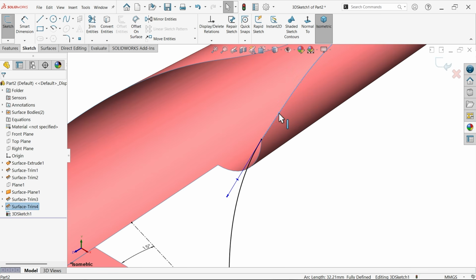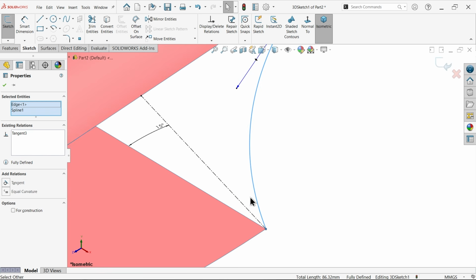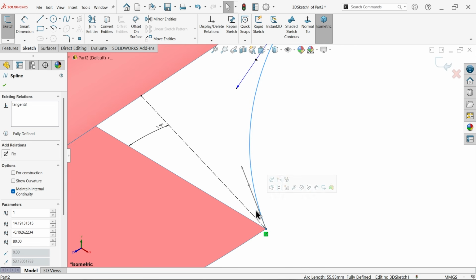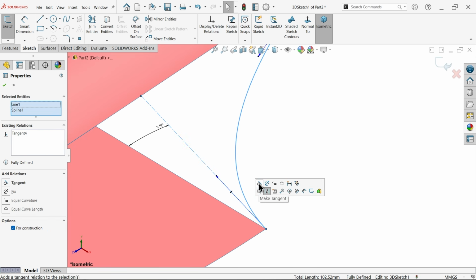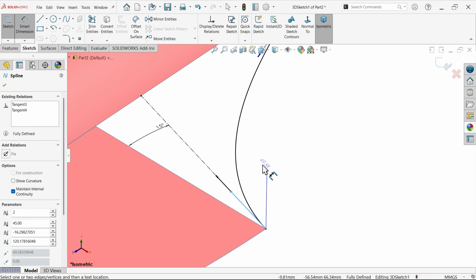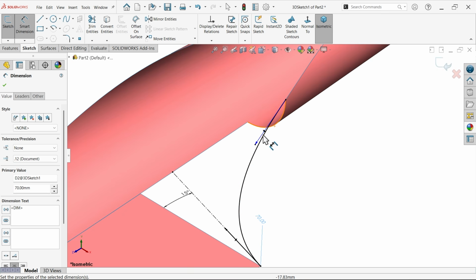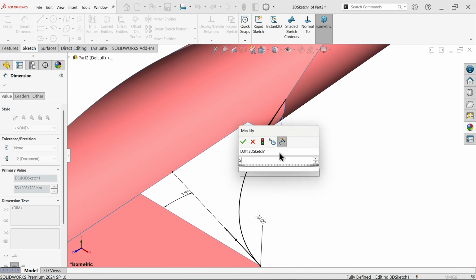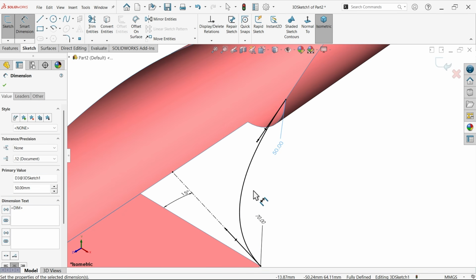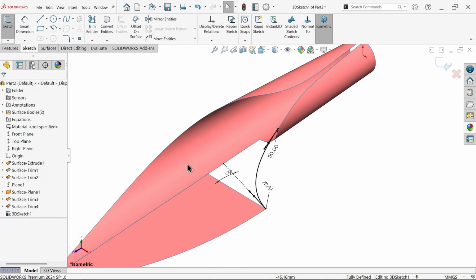Now select this edge, select spline tangent relation. Now similarly again select this spline and this construction line tangent relation. Now let's apply the drag handle length 70 and the upper one 50. Okay, it seems fully defined sketch, but I want to connect